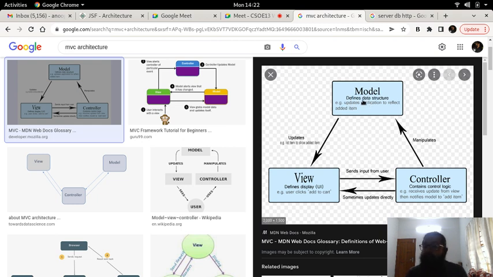The model can define the data structure, update the application to reflect an added item, etc. And whenever you have an update, the view can fetch that from the model. Once the data is manipulated and the work is done, the program's control is passed back to the controller, which then sends the updates to the view, and the view then sends it back to the person.